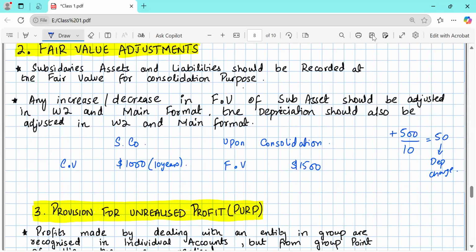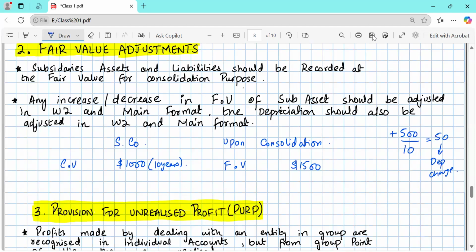Okay, so yeah, one more important thing. It's a very basic concept, but sometimes students forget this. Let's say you acquired the subsidiary mid-year, and now you are preparing the financial statement at the end of the year. So the depreciation now will be of 6 months, right? Because you have acquired the subsidiary mid-year and are preparing the financial statement at the end of the year. So it means from acquisition to reporting, there are 6 months. So the depreciation, you will time apportion that. Okay. So remember this thing as well.